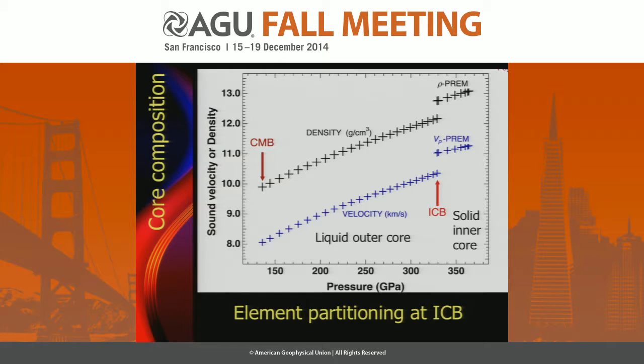So really, the key aspect is not only to match up the density and velocity of the liquid outer core and solid inner core, whereas an arbitrary composition may be able to produce the matched profile. What we really need to look at is the density and the velocity jump. For example, if you have an inner core composition and a liquid outer core composition, how are you going to link these two together? So that's really what brings me to the main talk of this